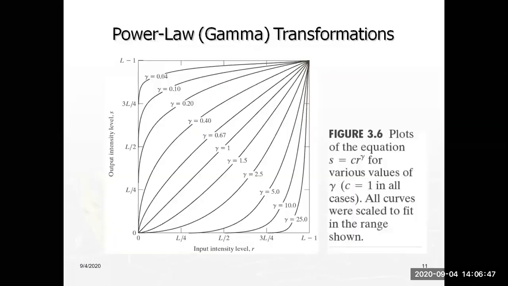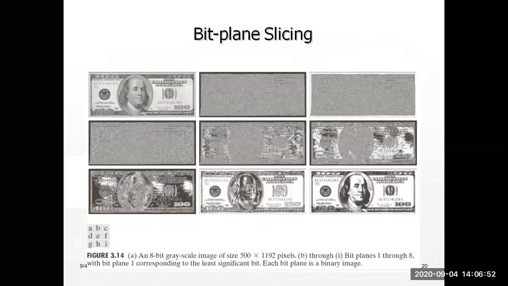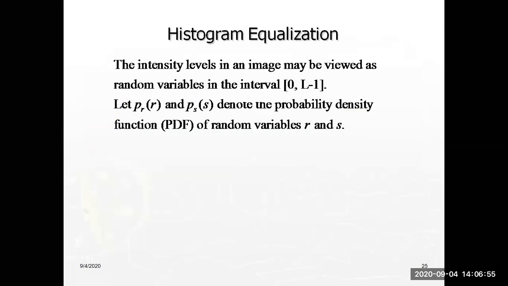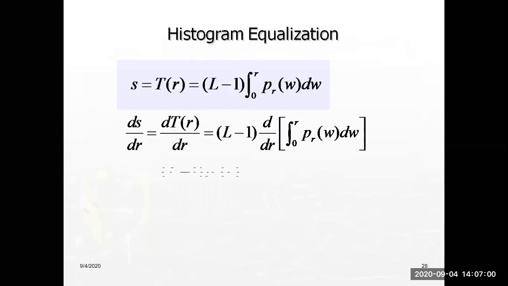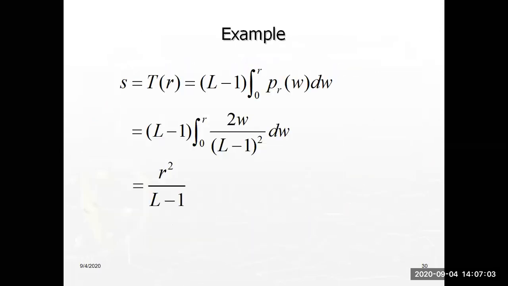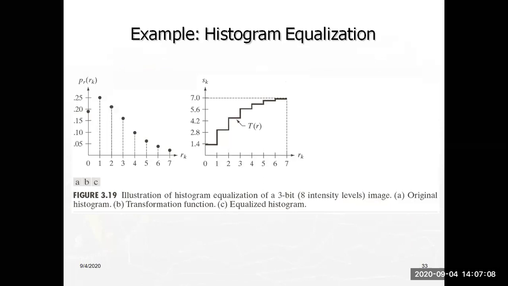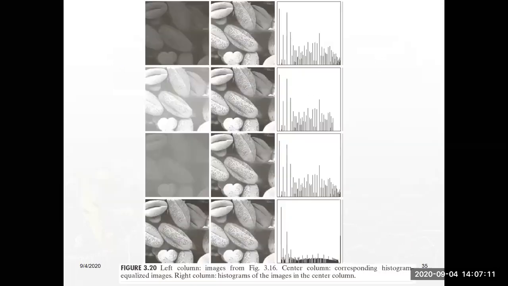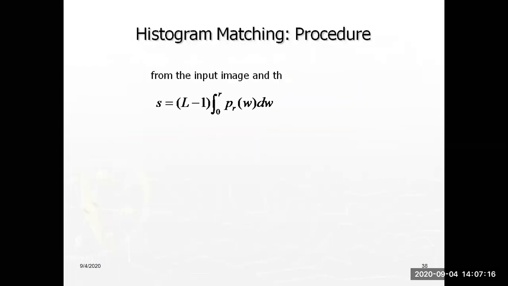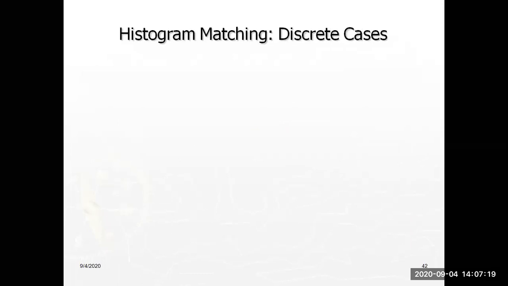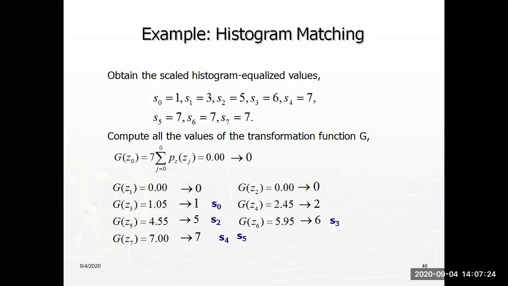So far we have discussed intensity transformation and spatial filtering. In that, some transformation functions and histogram processing. Transformation functions and histogram processing are both over, and the next topic is filtering. Our second unit, first part, has two parts: intensity transformation functions and spatial filtering. We have completed transformation functions and histogram processing, so the second part is spatial filtering.